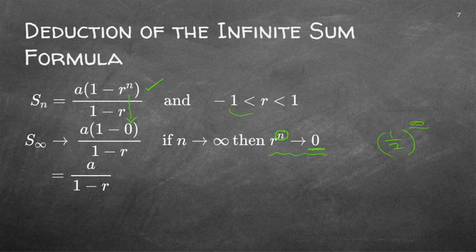If my r is a proper fraction between -1 and 1, that is the important thing you have to remember. In the formula for the sum to infinity, the term r to the power n goes to 0, so the only thing left on the top is a over 1 minus r. This can only happen if -1 is smaller than r, which is smaller than 1. In other words, you can only use the sum to infinity formula if your r is a proper fraction.